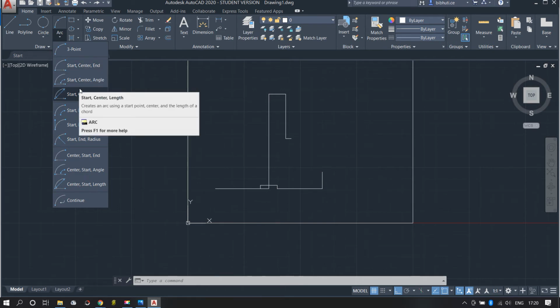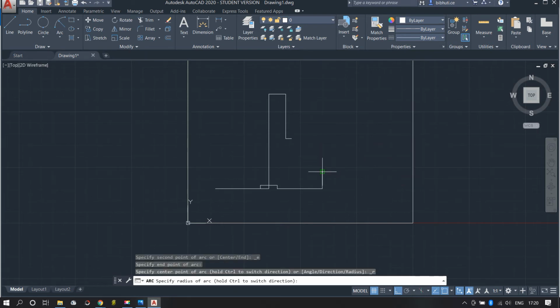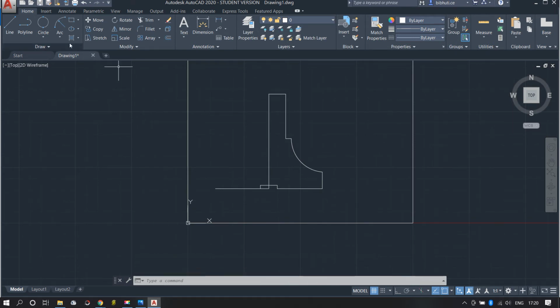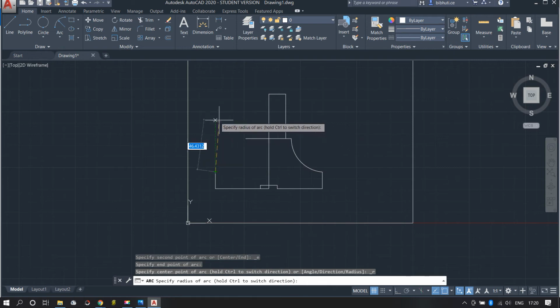Start, center, angle. No, start in radius. This is the start. This is the end point, and the radius will be 30. Okay, done. Then from this point I think the curvature begins. From this point I have to draw another 15 here. So from this point to that point, let's draw an arc again. This point to this point, and